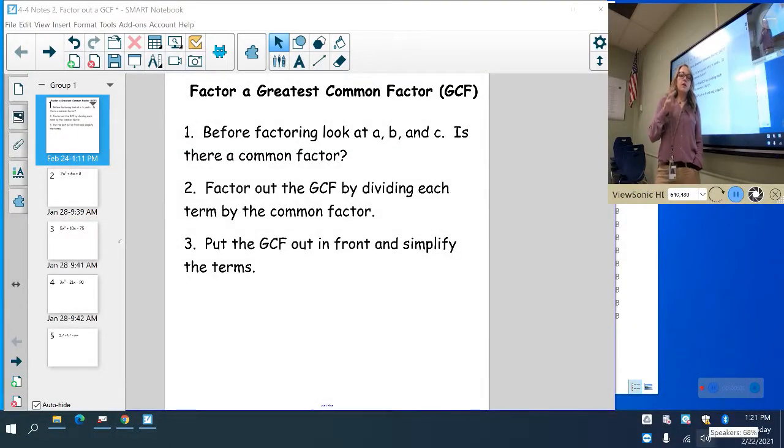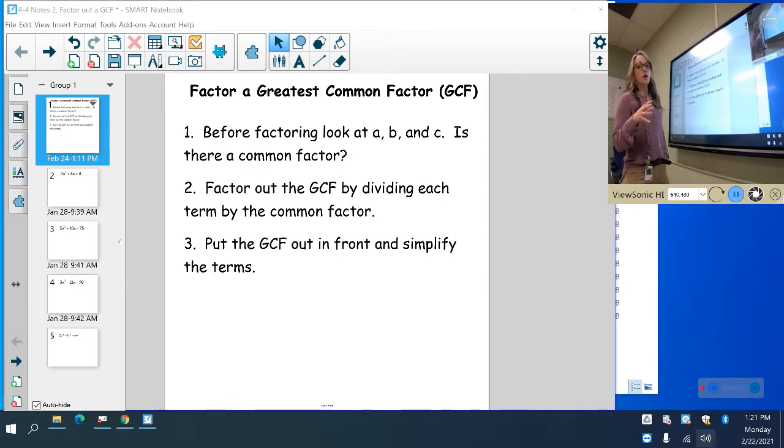The next part of factoring is learning how to factor out a greatest common factor. If you remember a greatest common factor, let's just review what a GCF is. And I'm sure you've heard of this before. Let's just remind ourselves what this is. A greatest common factor is when you have multiple numbers and you find the largest number that all of them